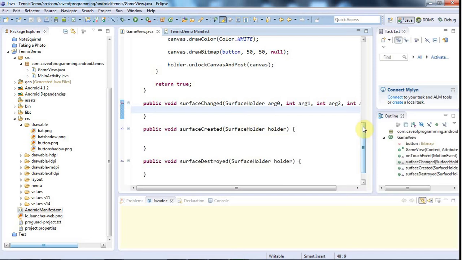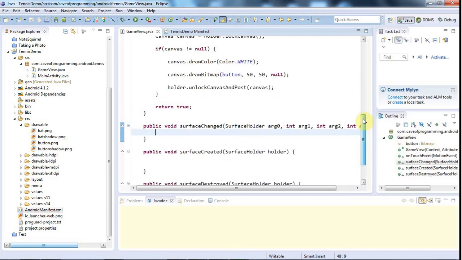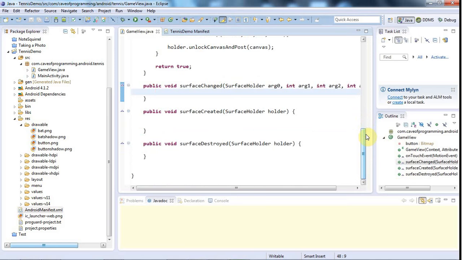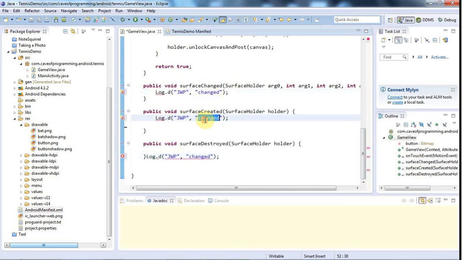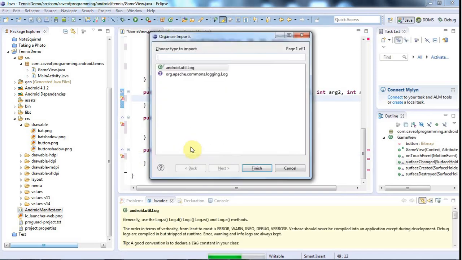We've implemented these methods, and the only thing I want to show you in this tutorial is how they actually work. So I'm just going to say in here Log.d, and I'll supply a debug tag, and I'll just say "changed", and I'm going to copy that. JWP is just my initials, and let's put "created" in here and "destroyed" in here. Actually, that's in the wrong place, so I'll put that there and format it, and let's just add the